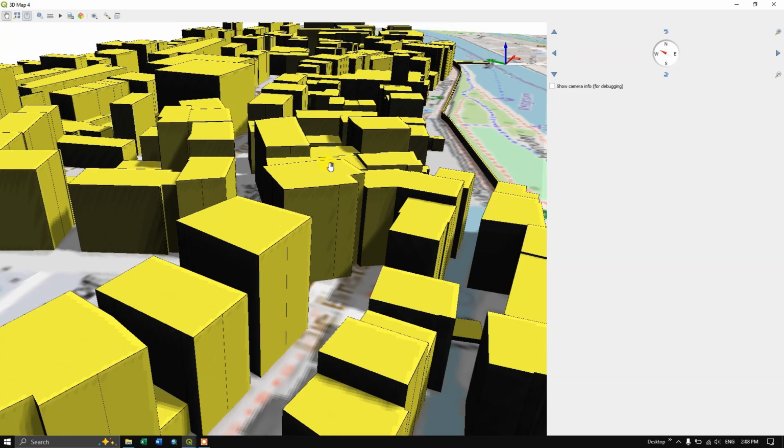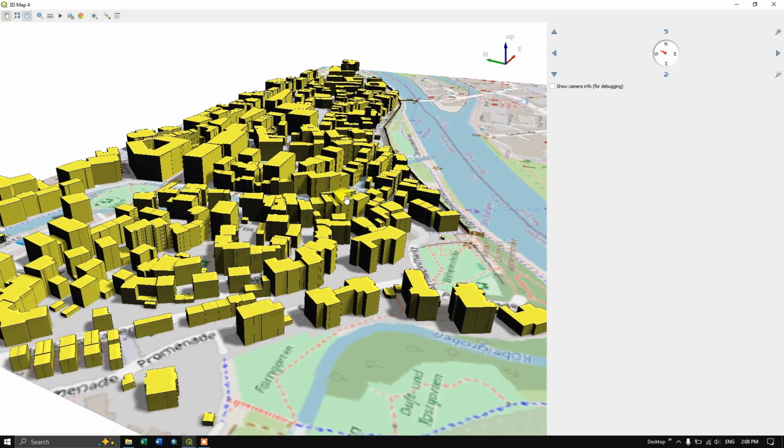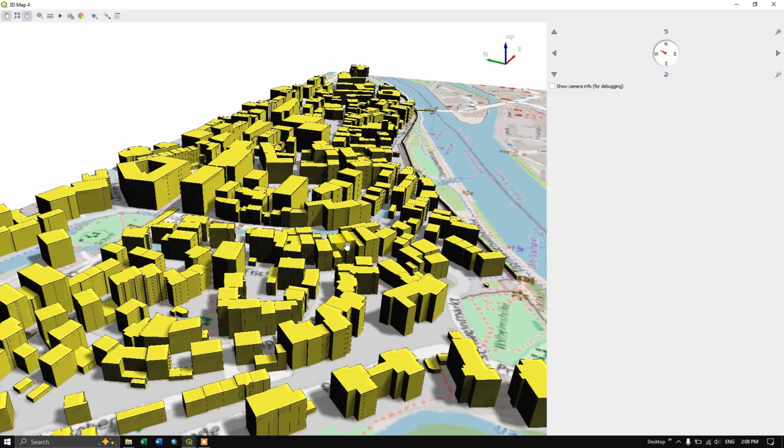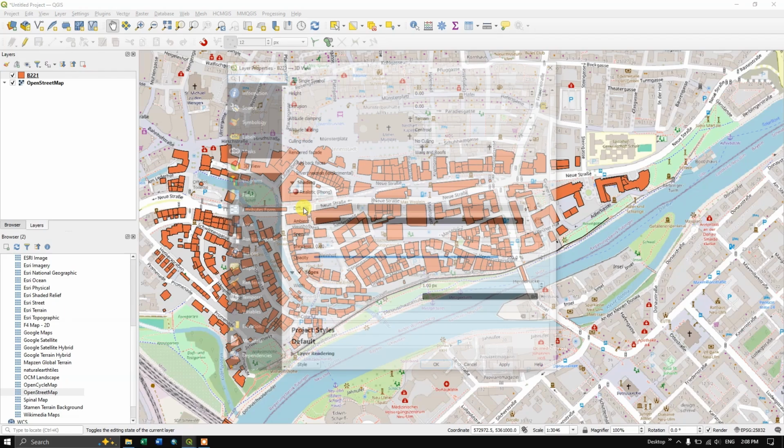You can change the color of this image. If you want, you can have the image or not. So I'm going to remove that image.